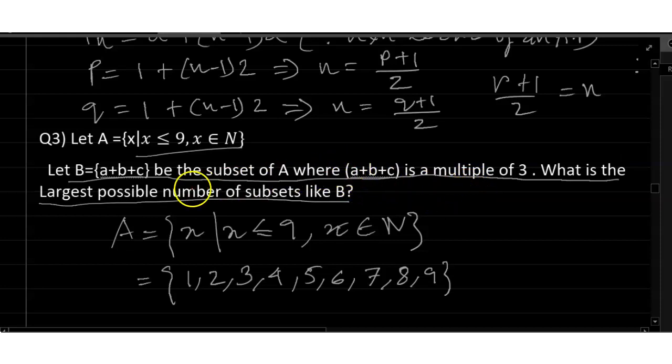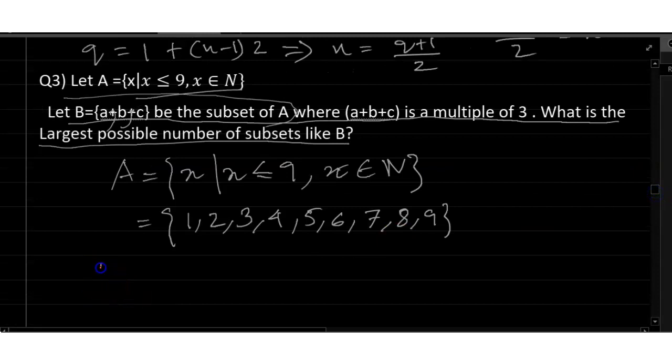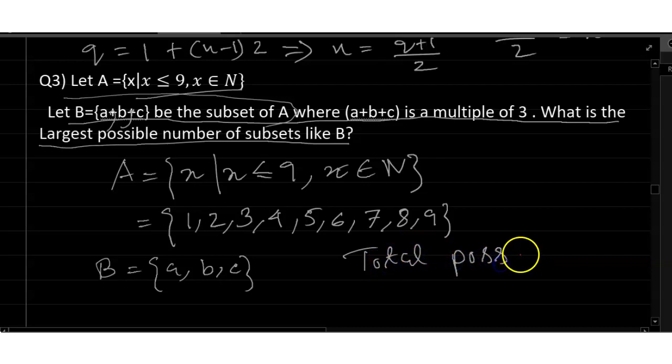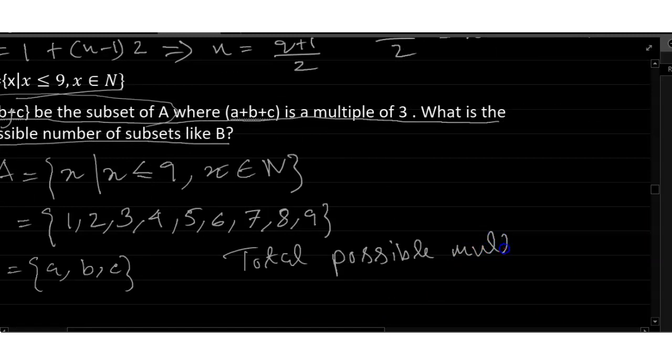B equals to a subset of A. And total possible multiple of 3 is